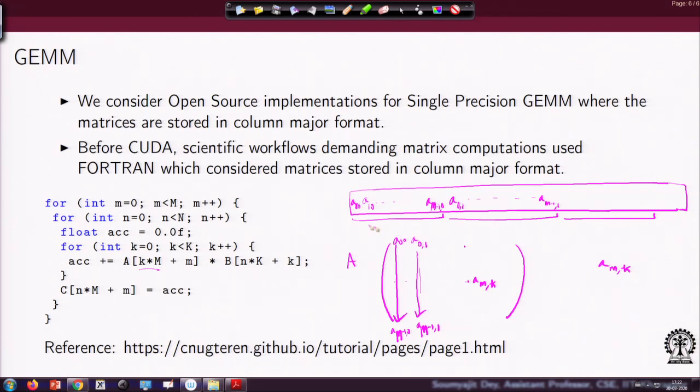For that, I have to multiply k with capital M, which takes me to that position in that column. Now, the elements of that column are located like this: A 0 kth element, A 1 kth element, like that up to A m kth element. That is why the shift by m. I am just trying to make it clear that, while it is very simple to just flip i and j, physically in terms of memory storage this is what it means. You have to multiply k with capital M, since you are shifting over k hops of columns here.